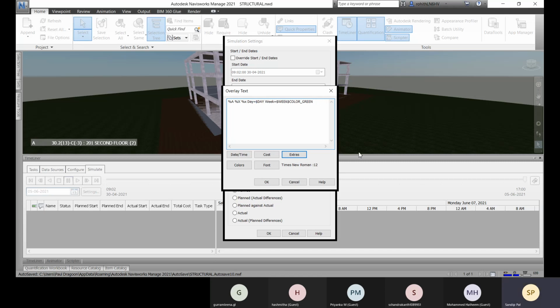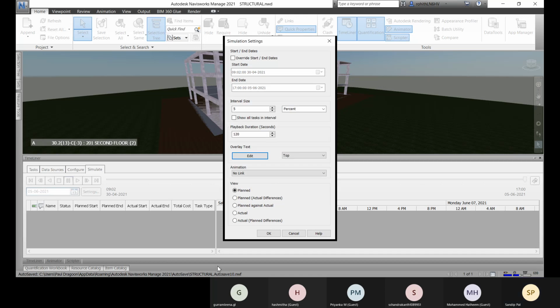Let me delete it. Okay. And if you want to add anything like cost, the material cost, labor cost, you want to add, there you can add. So right now we don't have any cost value, so right now just not adding it. Okay, and click on OK.